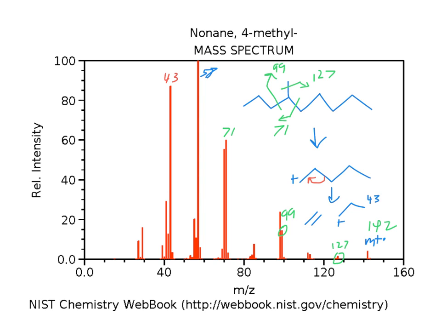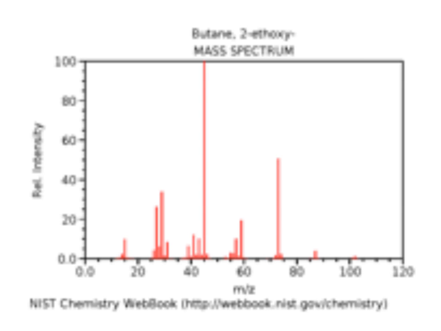So 57 would be the next one up, right? So I guess we could maybe go from 71, if we lost 28, another ethene, then we would go to 57. All right, so we're not using alkanes, though. And the cleavage is usually more predictable when we have, well, I guess those are probably predictable, but if we have